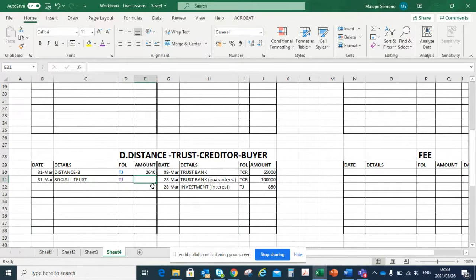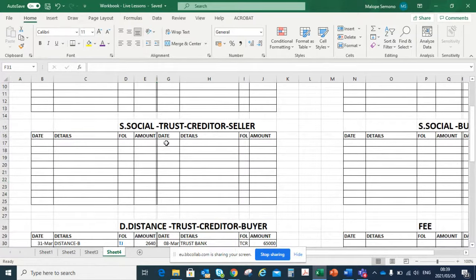So I must transfer that selling price. Can you see now? Yes, I must transfer the selling price at the end of the day. Okay, I'm transferring the selling price. So at the end of the day, I take it to the social trust. Under which side? On the credit side. So on the credit side here, I'm going to say the 31st March from